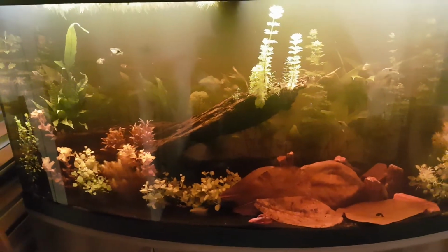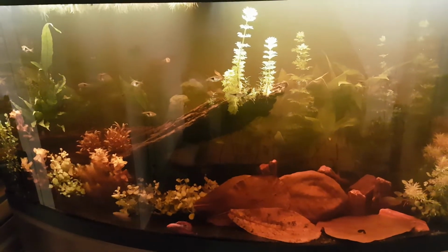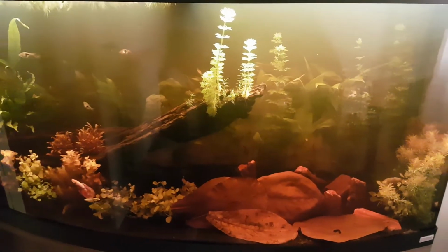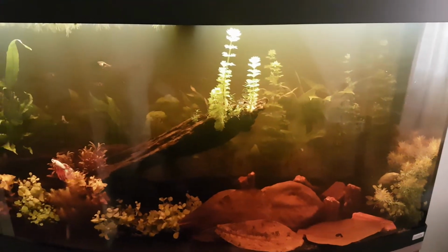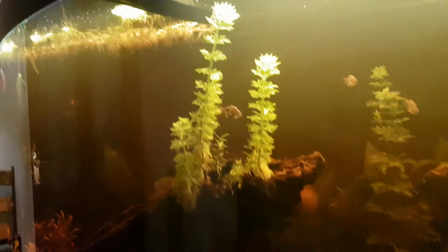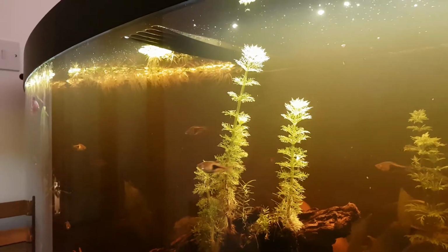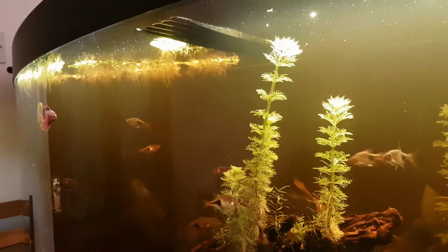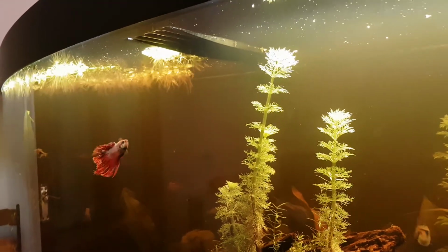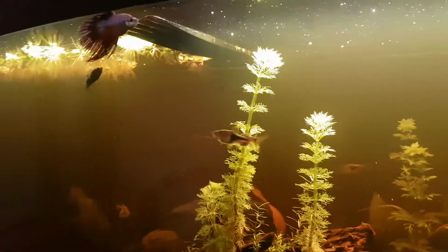So I was quite lucky that I already had Fluval Aqua Sky in the previous tank, but this was a lot smaller and certainly wasn't going to fit the rails on this tank. But then what I did notice was the central bar there, which is actually a nice little feature on the tank. As you can see, the central bar is curved, so if I want to, this allows me to bring up the surface of the water up to the bar, which helps to slow down